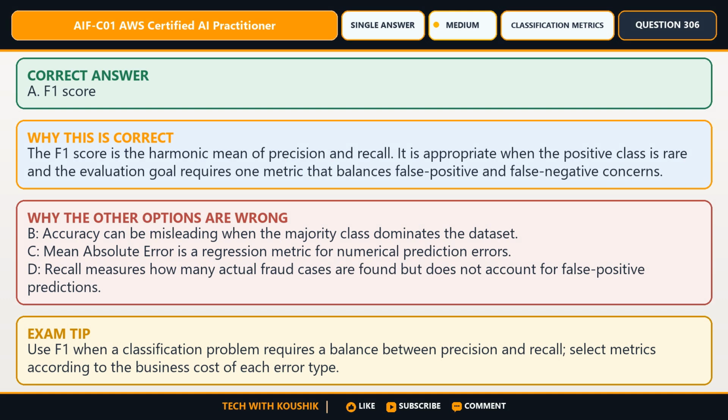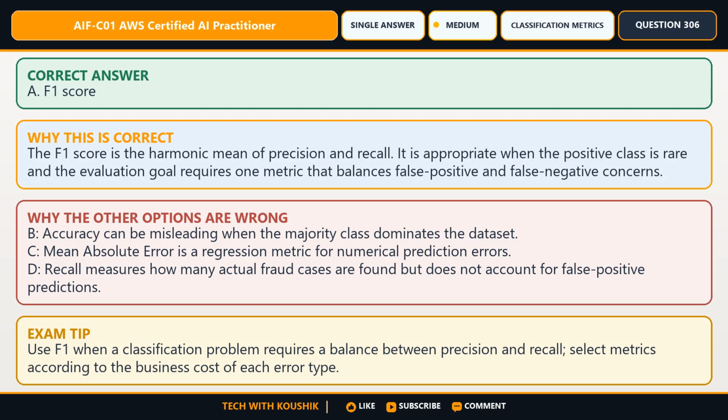This option satisfies the complete requirement because the F1 score is the harmonic mean of precision and recall. It is appropriate when the positive class is rare and the evaluation goal requires one metric that balances false positive and false negative concerns. Check why each remaining option is not the best fit. B. Accuracy can be misleading when the majority class dominates the dataset.